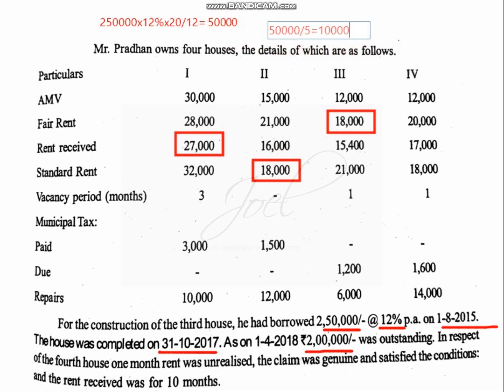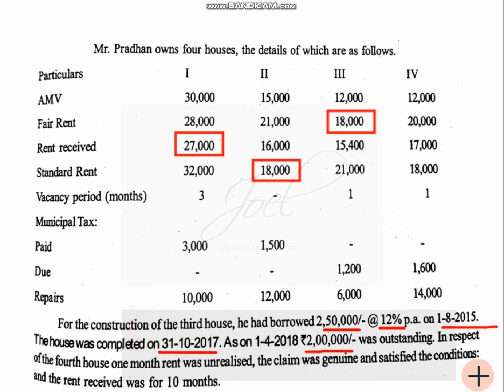And current year's interest also I have to consider. If you need, you have to write this down somewhere, where we will directly calculate the solution later. Then current year interest we have to see, because 2 lakh was outstanding. So 2 lakh into 12% we have to do. 2 lakh at 12% means it will be 24,000. Yes, 24,000. So 34,000 will be our interest on loan. You will deduct it from the available amount. So we will get the answer for house number 3. Yes, so that is for house number 3.